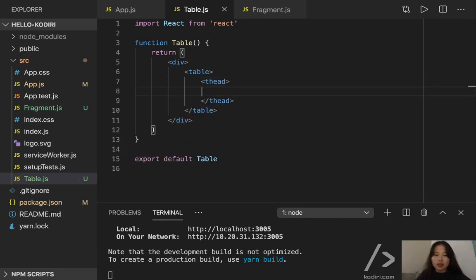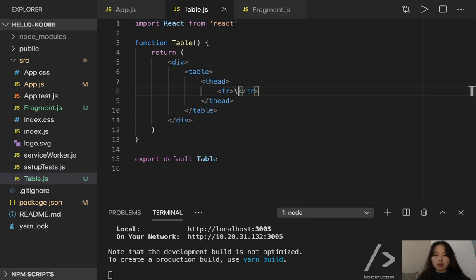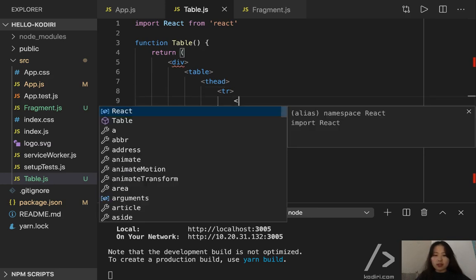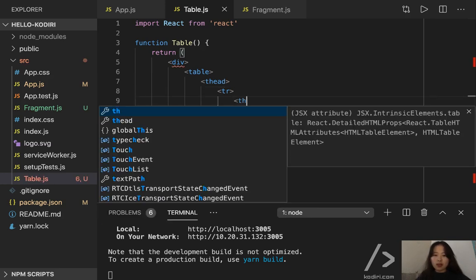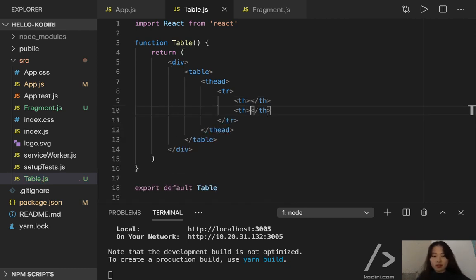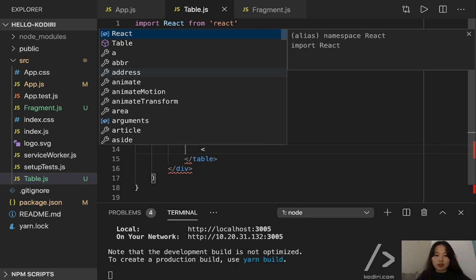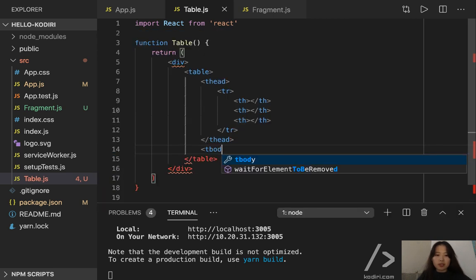Inside of thead, I need a table row, and inside of it, I need table heads. I'm going to create three columns, and I'll need a table body,